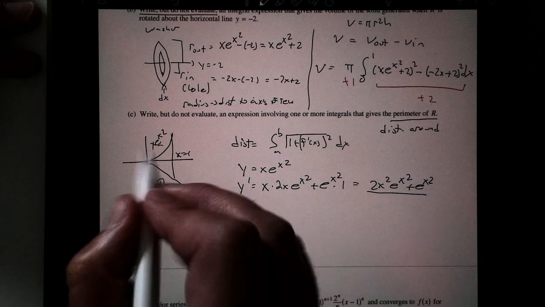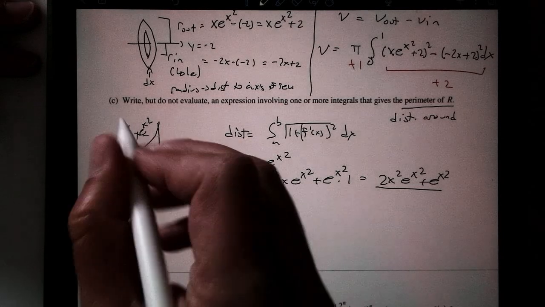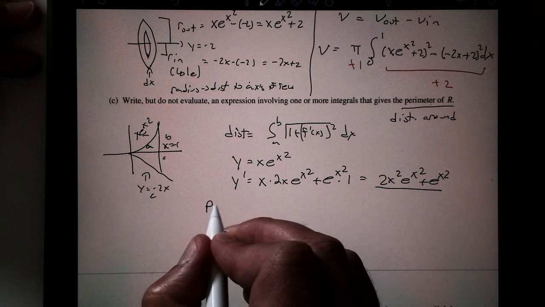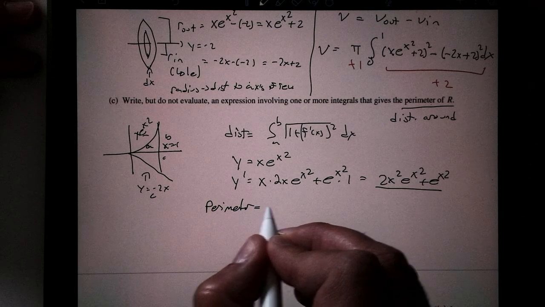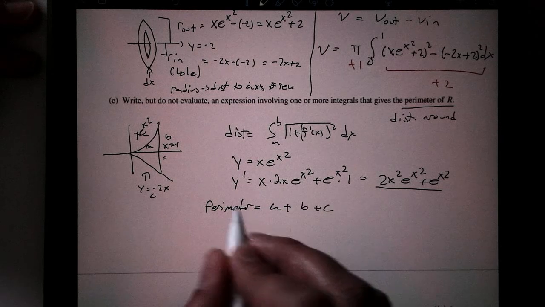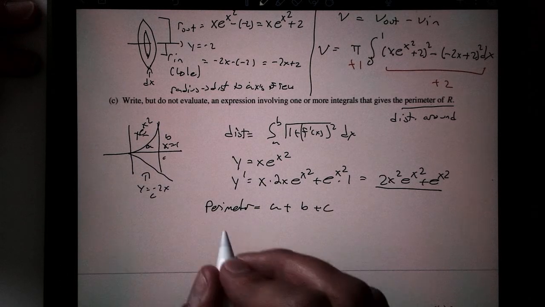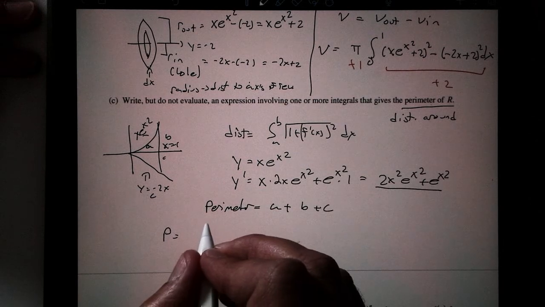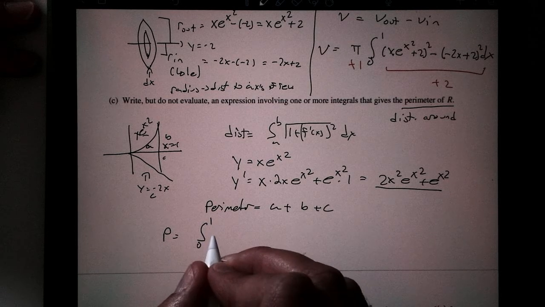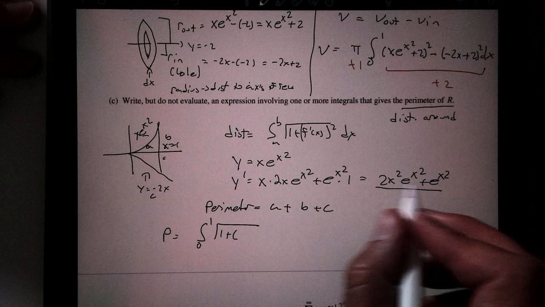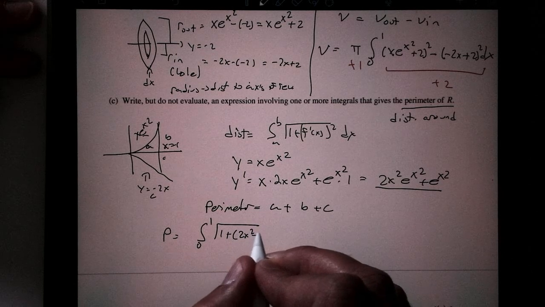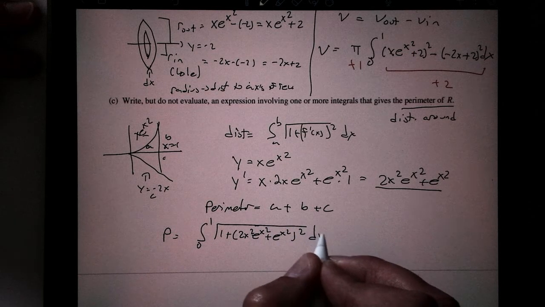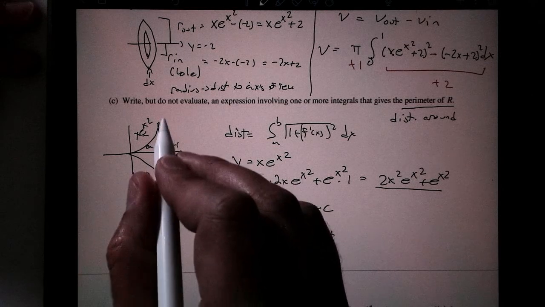Alright, so I got 3 parts you have to worry about. We'll call these parts A, B, and C. So to get the perimeter, we're going to take parts A plus B plus C. Part A is our exponential function here. So to get that perimeter, we have to use our formula. And remember, we're integrating from 0 to 1, the square root of 1 plus our derivative that we just found, squared: 2x squared e to the x squared plus e to the x squared, squared, dx plus,